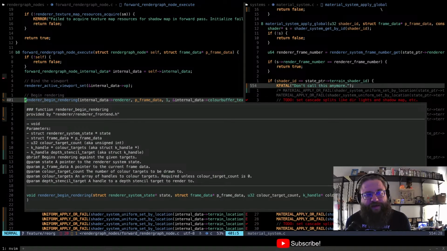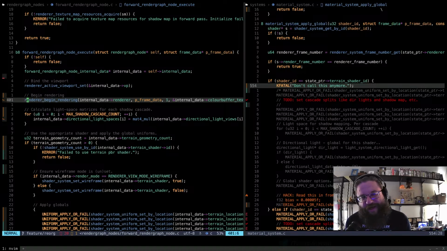If you recall, that is return type void, so there's nothing really to check here. It's just a Vulkan command. And this is essentially what replaces our render pass. So essentially what we're saying here is we want to begin rendering to the attachments that we've provided here, more or less. This interface may or may not change. I'm not 100% sold on it yet, but for right now, it's what we're going to roll with.